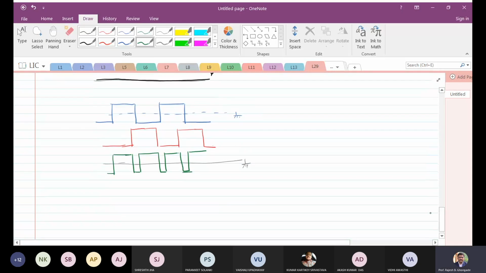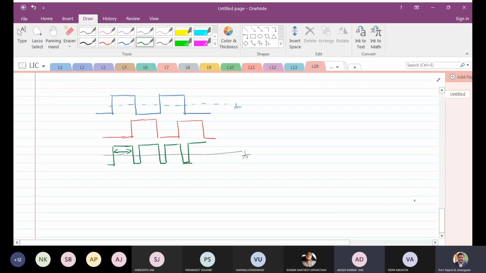So now the phase shift is more. What do you see? Do you see the change in the pulse width here? Now, if the change in pulse width is more, what is going to be the DC value? See, on time is more rather than off time, so it is spending more time in the positive region, no?